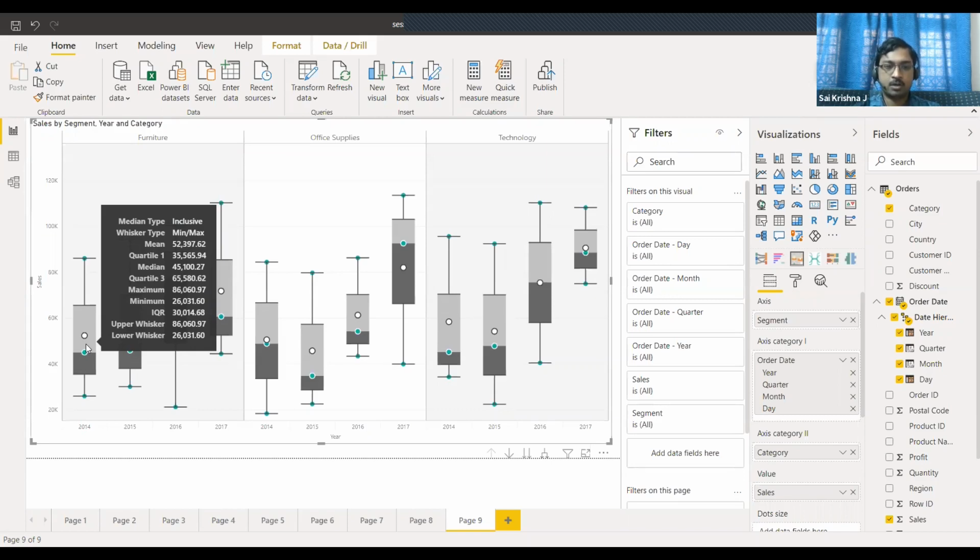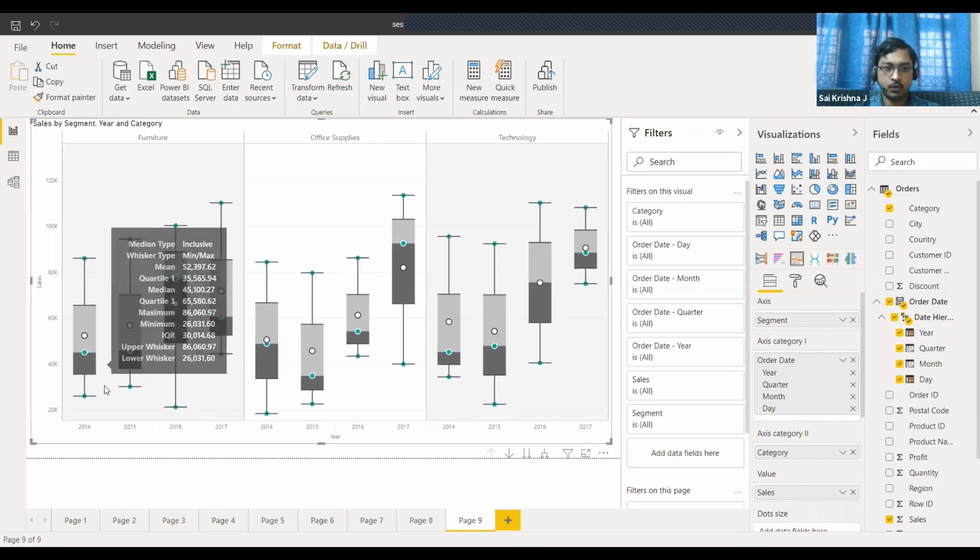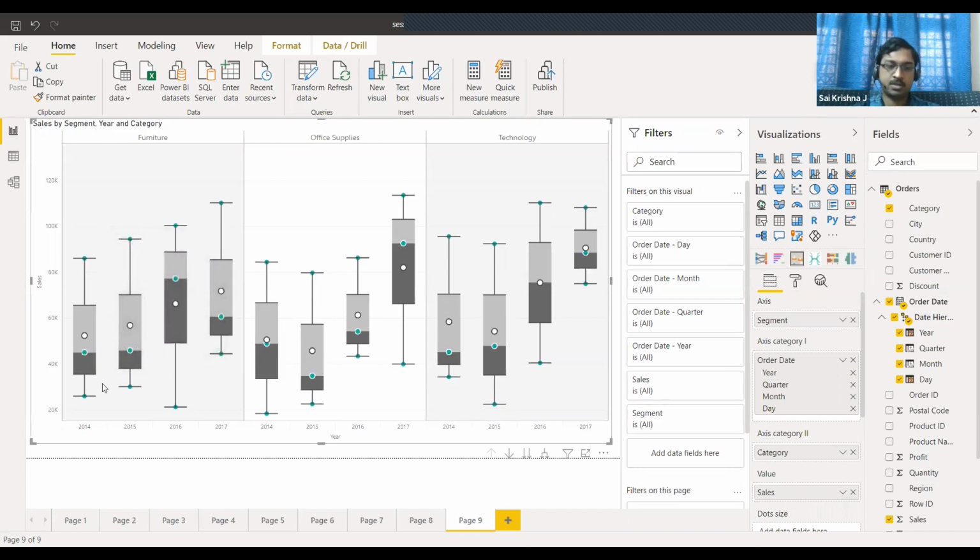I will also talk about one more application where I have used this in the past. A few years back, I was working for the aerospace industry, where, as you might be familiar, any aircraft engine has hundreds of parts. In engineering, we always have a measure called reliability, or how often a particular part fails. Now, this box whisker plot can be used to detect outliers in the data.